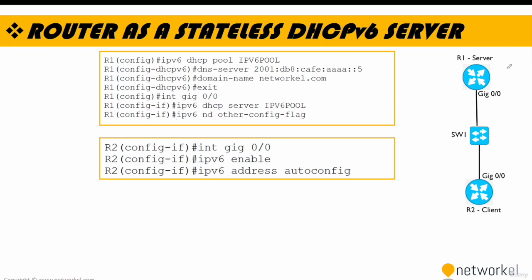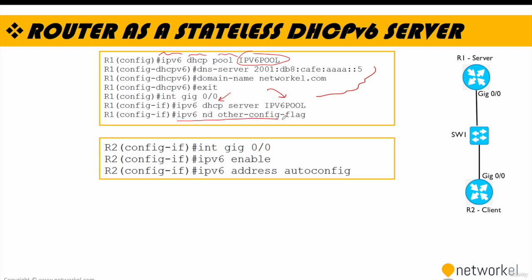We can use our router as a DHCP server in IP version 6 networks too, similar to IPv4. So in this configuration, router 1 offers DNS server and domain name, as you can see. Here is how it looks. The command is IP version 6 DHCP pool, and you give a pool name and define whatever you want to assign by using your router. Okay, and you can go to the interface level. You need to type IP version 6 DHCP server and your pool name,